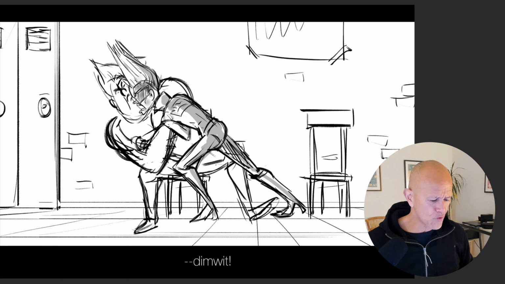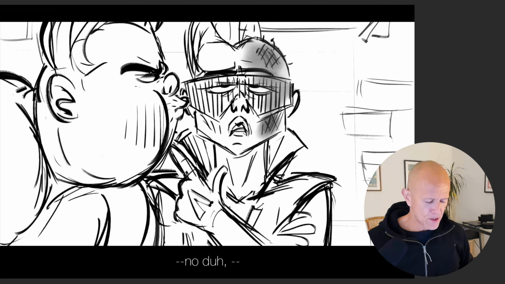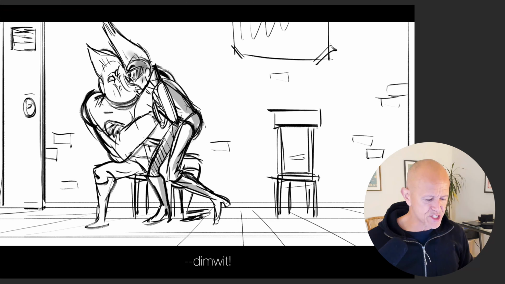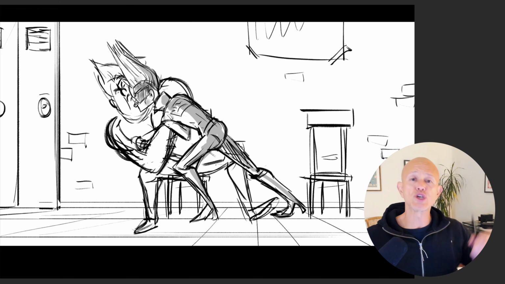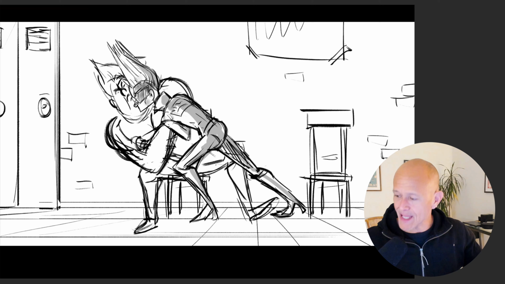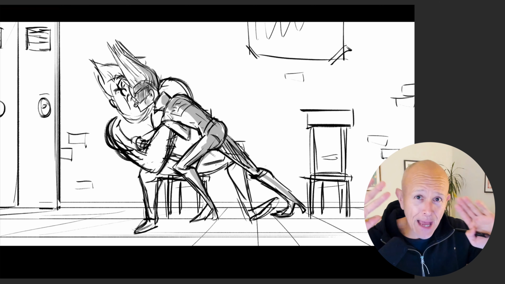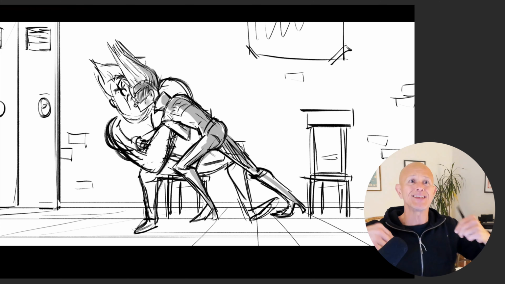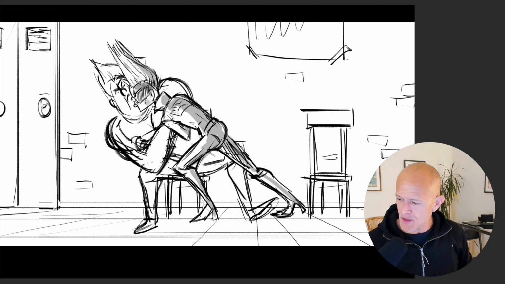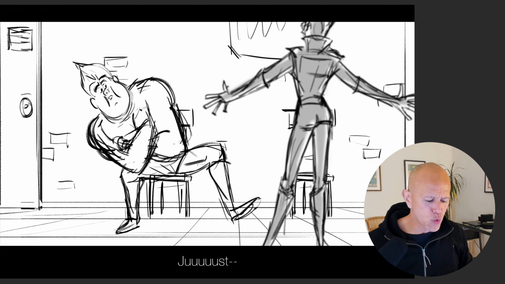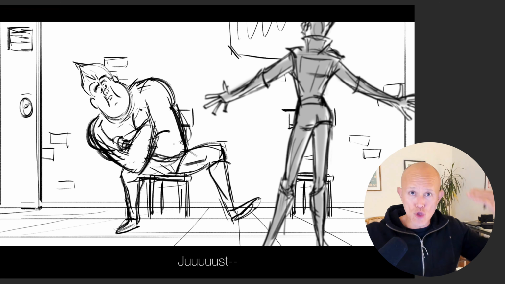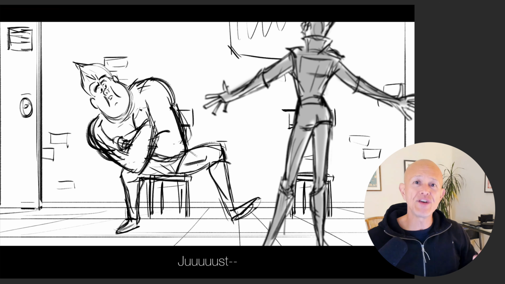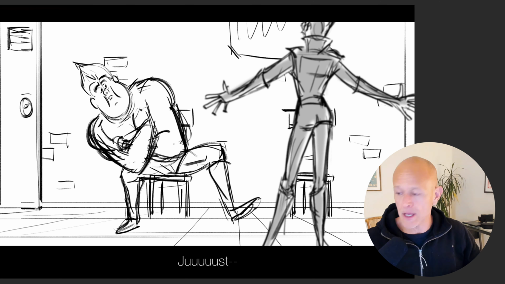So by having her lean forward and push him back, she says, "No duh, you double-digit dimwit." And now I had that part, "Just look at me." And I knew I could begin that part here. I needed to have her stand back from him, get away from him so that she could begin to gesture and he'd be able to take in the entire picture. So I thought, okay, I can have her begin to back up towards camera in the shot and then finish the line, "Just look at me." And I knew I couldn't finish that piece of the storytelling in this shot. So I needed to cut to a new angle, which was